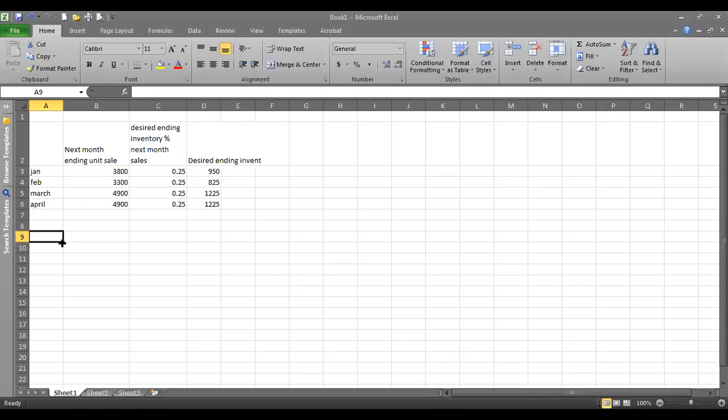So we've got unit sales of 4,900 for April. This is all for April because we need this information. Unit sales is 4,900. Now, for the desired inventory, we have to consider the next month's unit sales of 4,600, which is given to us in our process. And we're going to multiply that times 25%. So our desired ending inventory